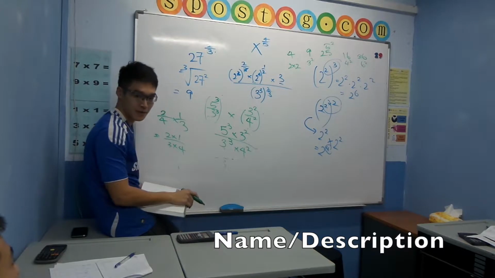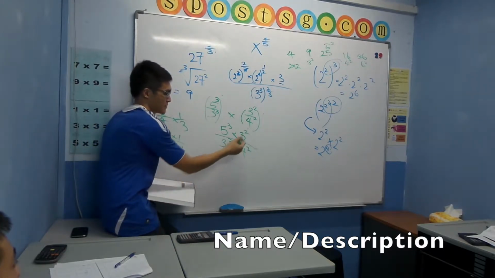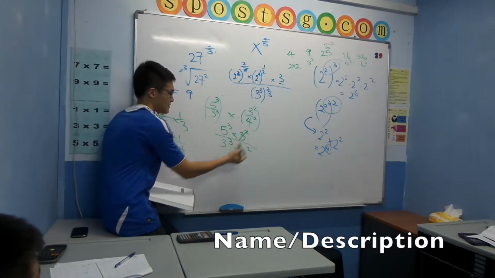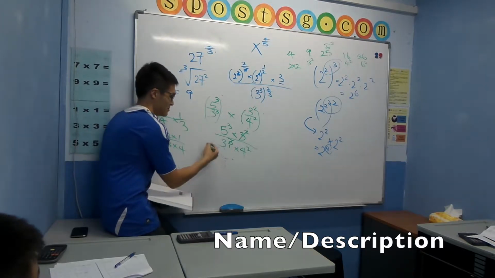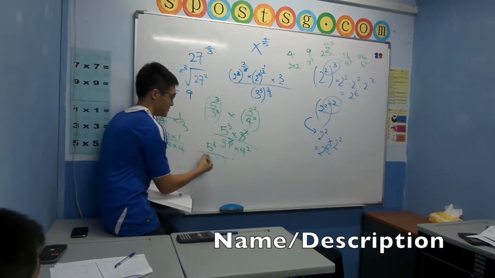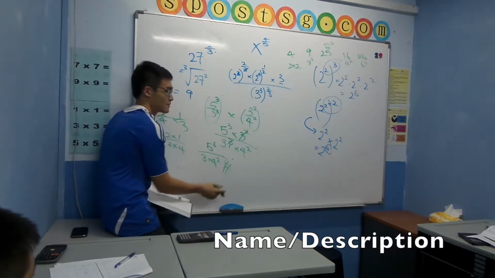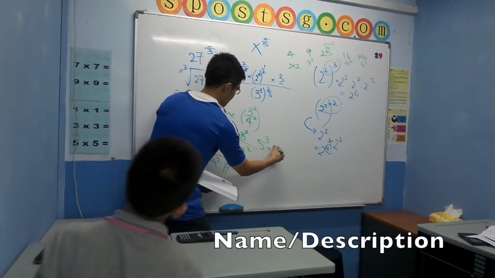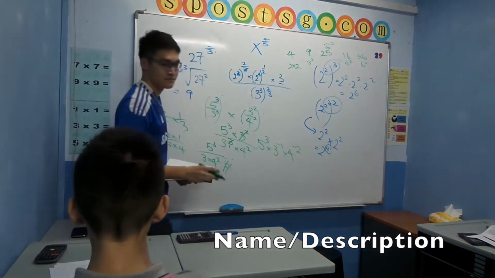Okay? Then what do you do? You see the 3 here? 3 to the power 2, right? So it's 2 minus 3, am I right? Correct? So cancel, I'm left with minus 1, which is 1 at the denominator. So you can leave it in terms of times 4 as the answer. Or if you want, you can do this times 3 to the power minus 1 times 4 to the power minus 2. Also can. Understand?